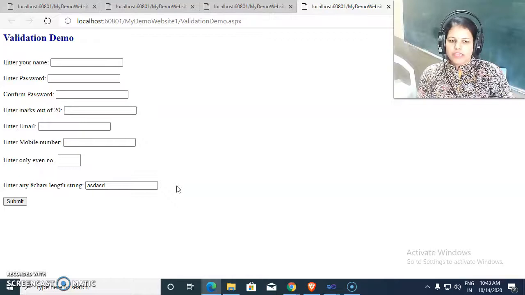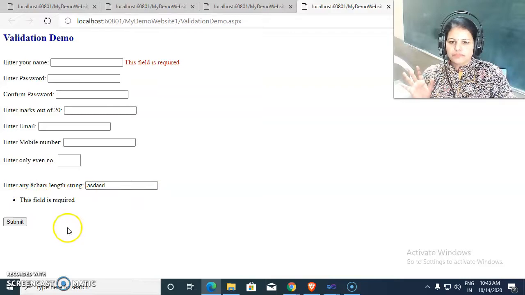If it is client side validation, then the error message will be displayed immediately after giving your response. But we are writing a server side validation function, so to get the error message, we need to click on this.